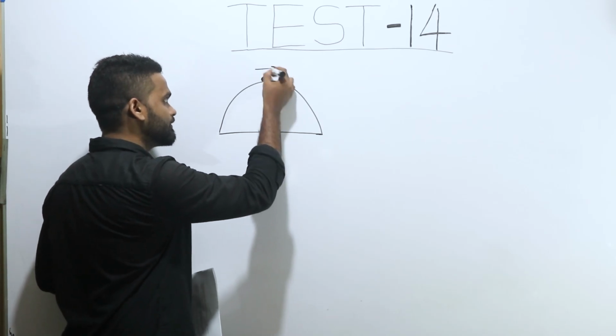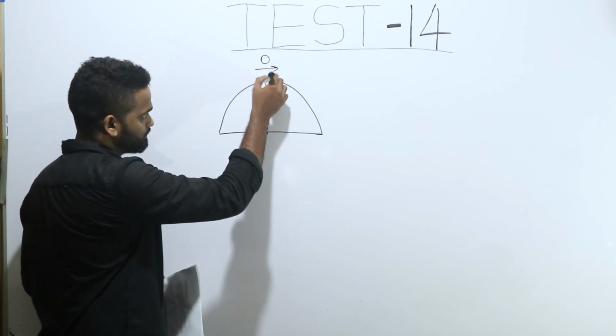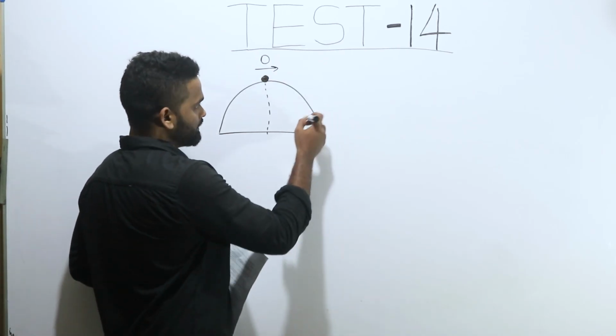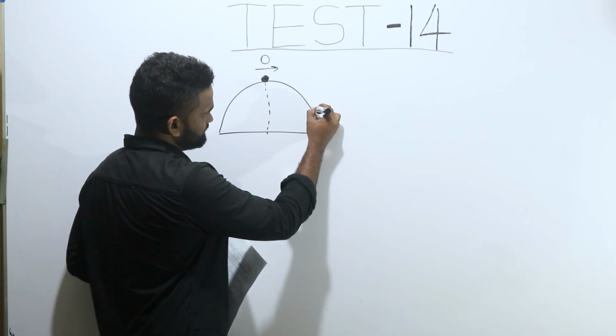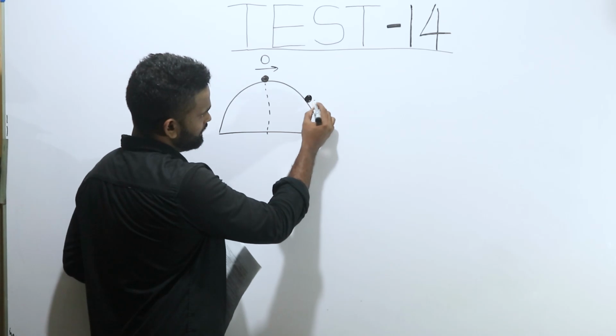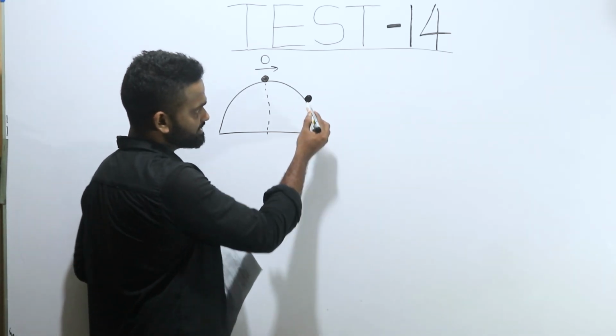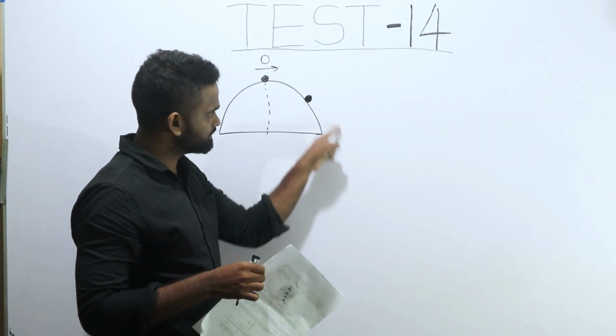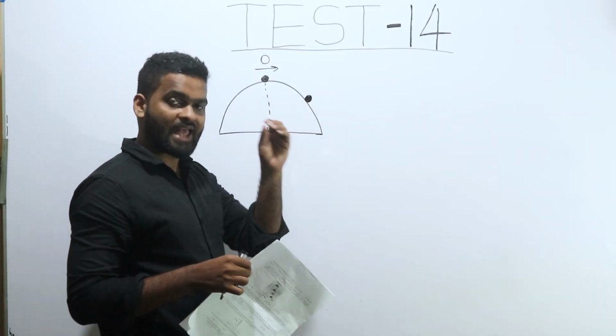Released means initial velocity here is 0, but it starts to slip. Then somewhere here the contact with the surface is lost. So it would move like this away from the surface. So at that moment,